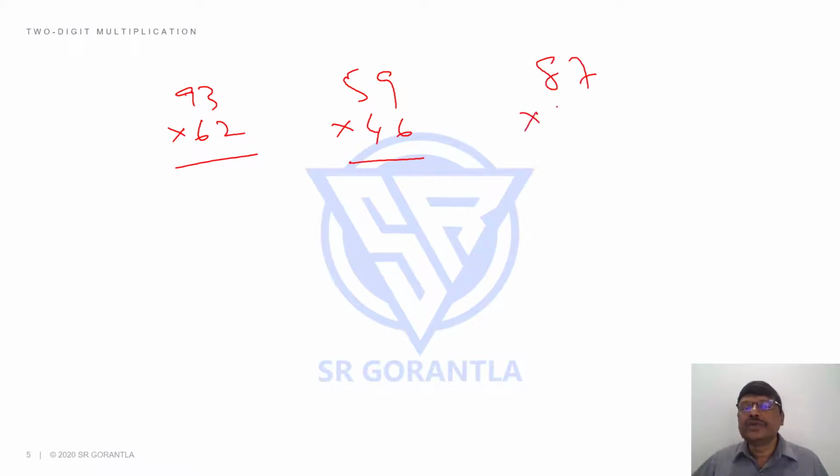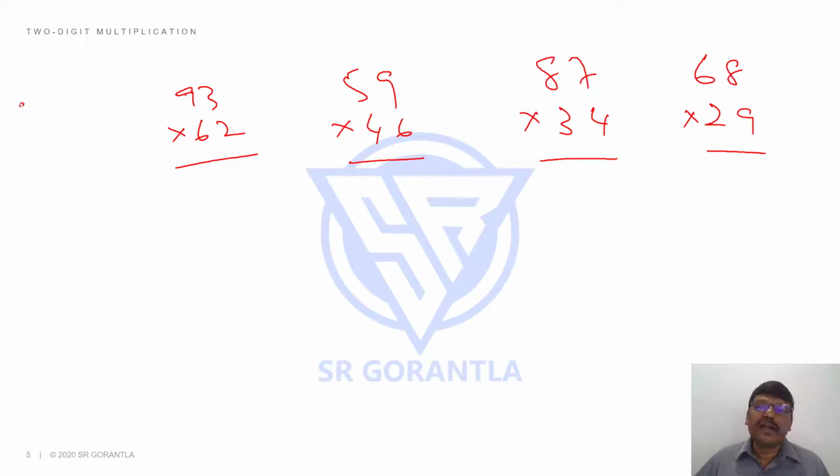87 into 34. Yeah, 68 into, yeah, something else, say 29. One more, 76 into, yeah, 43. Okay, you can pause the video and try these 5 questions and see how much time you are taking,